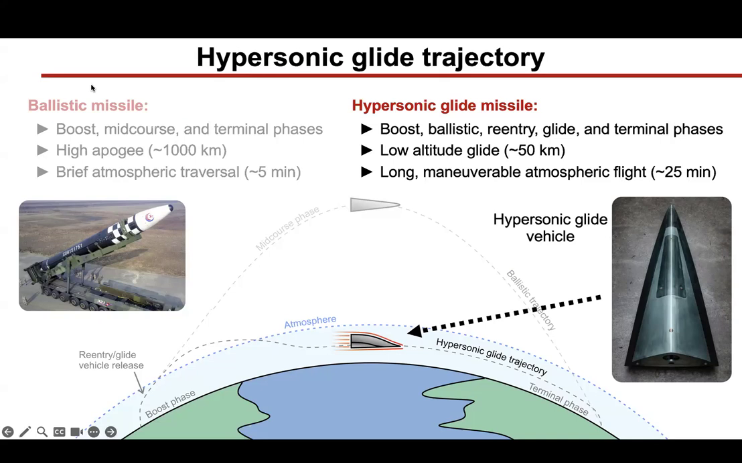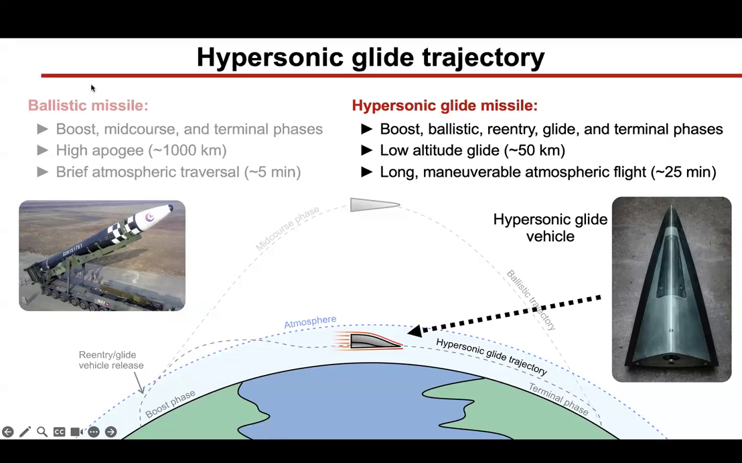The difference is shortly after that boost phase, rather than traveling on this high arcing trajectory, you'll then re-enter the atmosphere and glide through the atmosphere for a long period of time, somewhere under 100 kilometers in altitude, so within Earth's atmosphere. For an intercontinental delivery, you might be gliding for something on the order of 20, 25 minutes. So essentially what you're doing is taking the same launch vehicle and replacing that ballistic missile reentry vehicle with a hypersonic glide vehicle, something designed to glide through the atmosphere like an aircraft rather than to fly through outer space